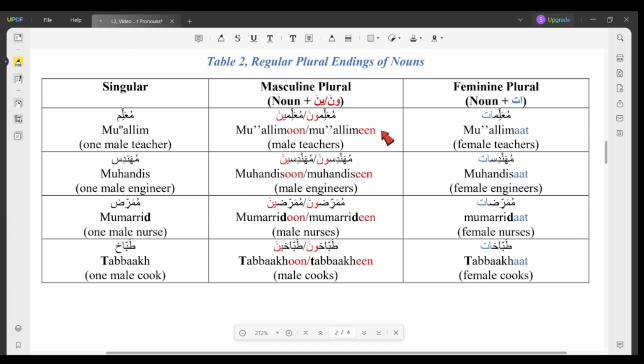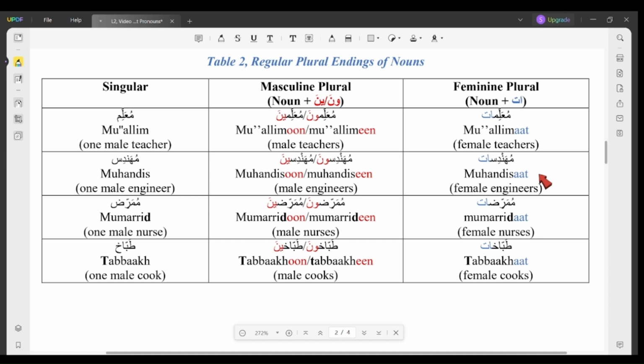Alright, now let's learn the feminine plural. In order to form the feminine plural, we need to add at to the end of our word. So that would be muallim plus at, muallimat. Muallimat means a group of female teachers. Alright, now let's look at the second word, muhandis, an engineer. The masculine plural would be muhandis plus un or in, muhandisun or muhandisin. And the feminine, muhandis plus at,